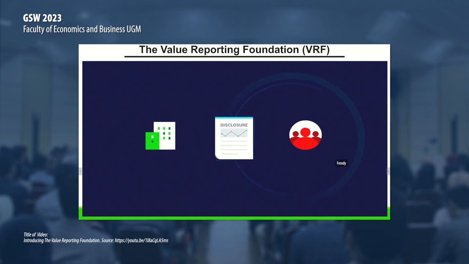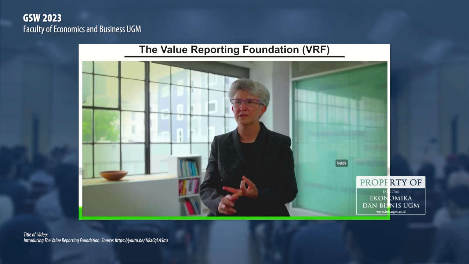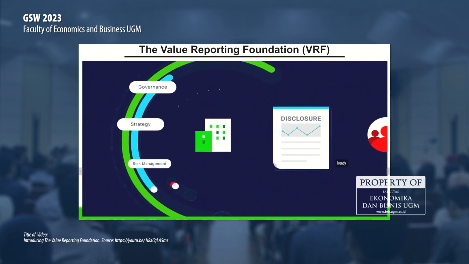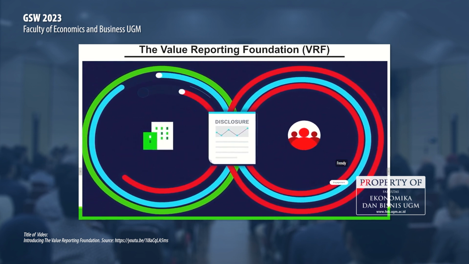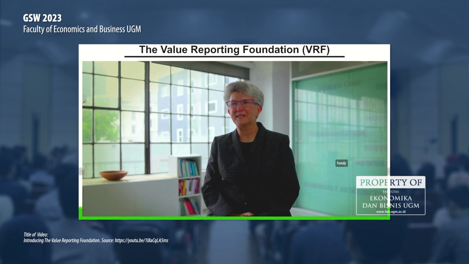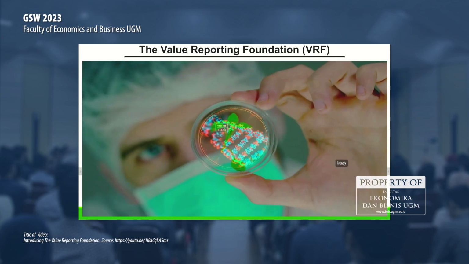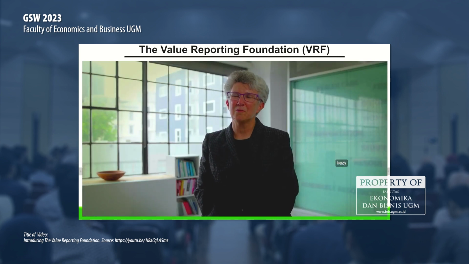That tool set includes principles to guide strategic planning by business, a framework to guide external communication, and standards to ensure that investors have consistent and reliable information. Our resources are designed to support better decision-making by businesses and investors, creating a feedback loop and a common language. It's now easier for businesses to communicate long-term strategy and to provide a comprehensive view of corporate performance. Join us as we collectively create a corporate reporting system that supports a sustainable future.